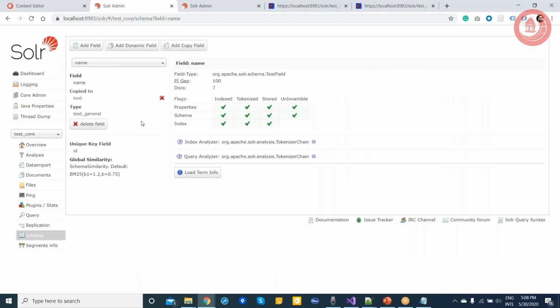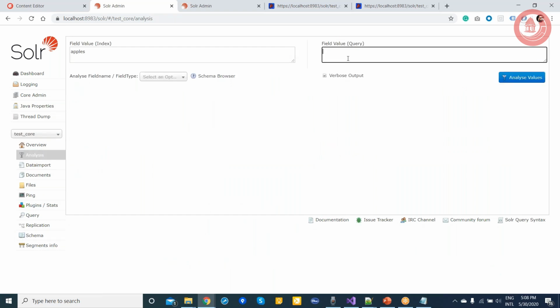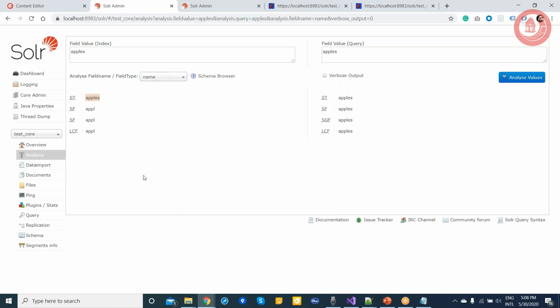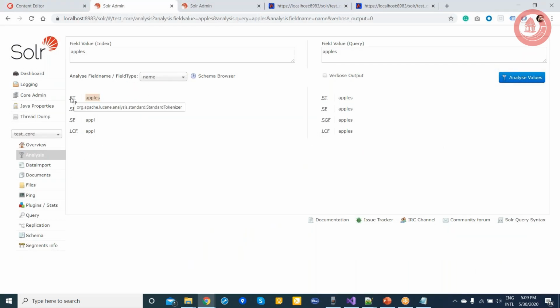So here again, if I go here, if I search for apples, and if I search, let's say, for name. Okay, so now you can see these, because I used that text general, and text general has the standard tokenizer and filter. So I can see all this here.